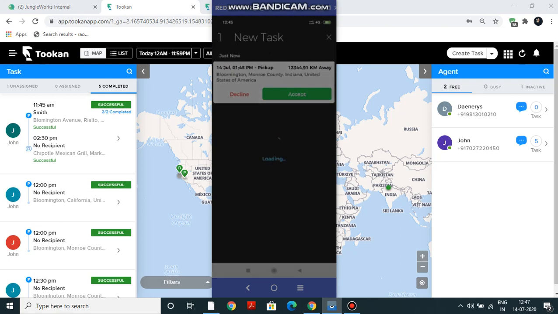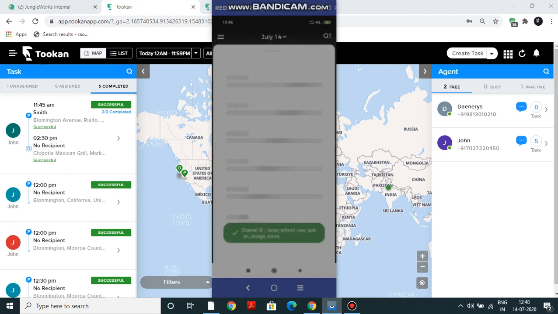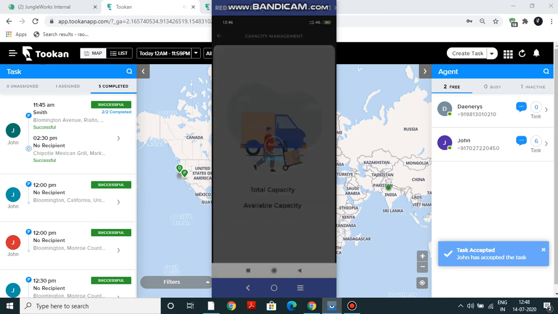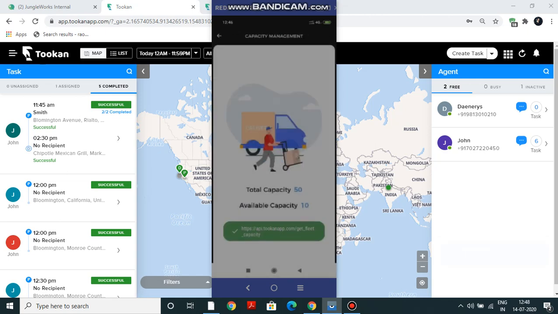Once he accepts the task, he can go and check his capacity again. So he had a total capacity of 50, but now because a task of 40 has been assigned to him, the available capacity with him is 10.